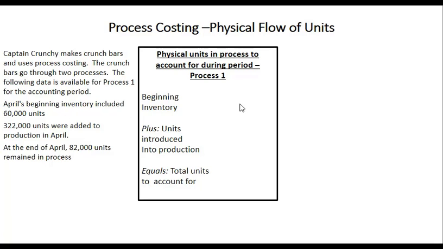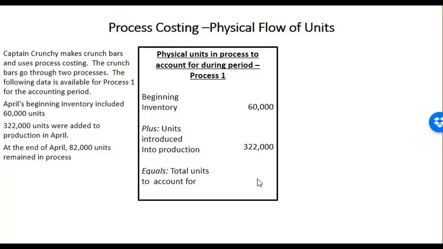In other words, 60,000 units were in the beginning inventory of process one. So we're going to list those 60,000 units. We also know that during the month, our production record showed that we added another 322,000 units into production during the month. So we add the 322,000 units. So if we started out with 60,000 units and we placed another 322,000 units into production,